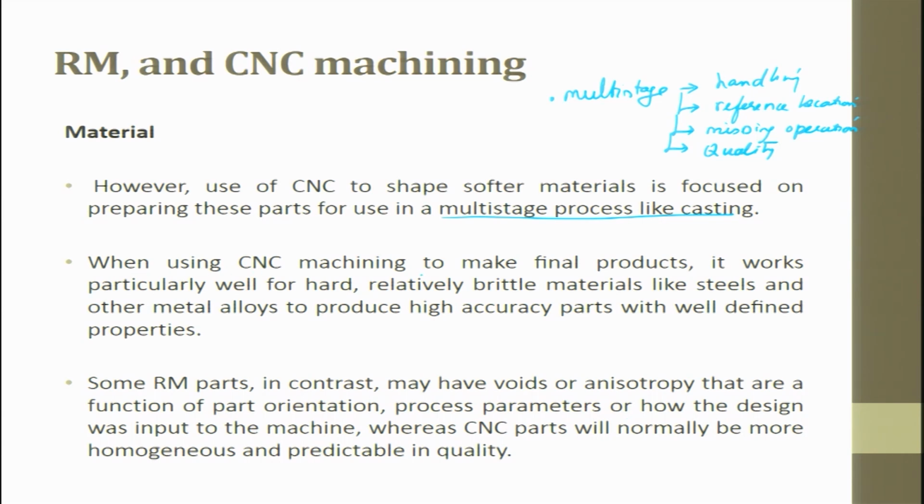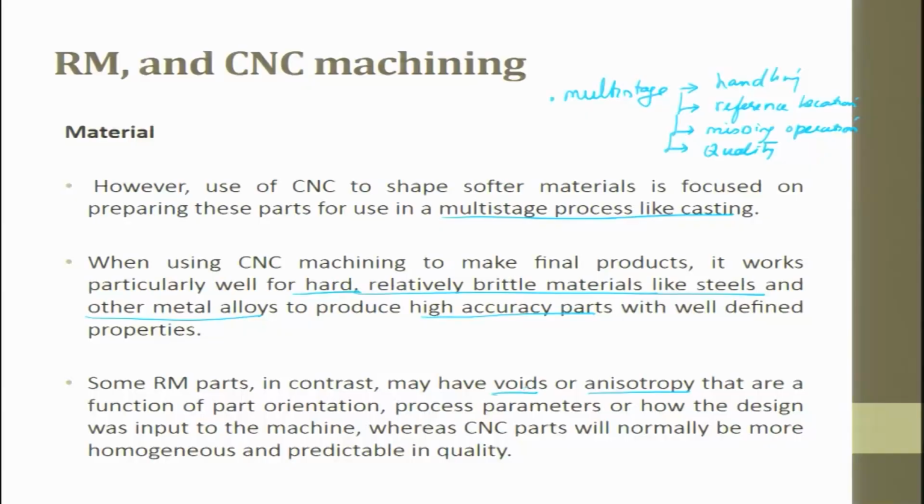When using CNC machines to make final products, it works particularly well for hard, relatively brittle material like steel and other metal alloys to produce high accuracy parts with well defined properties. Some RM parts, in contrast, may have voids and anisotropic properties, because you are doing it layer by layer. So, it is good in the XY plane, but in the Z direction it does not have the same